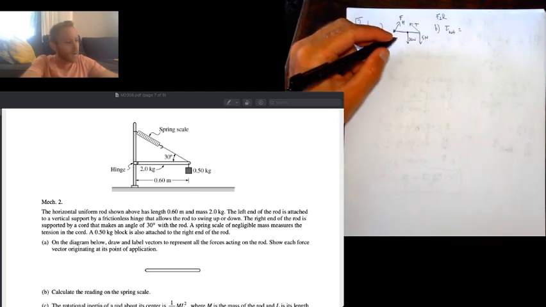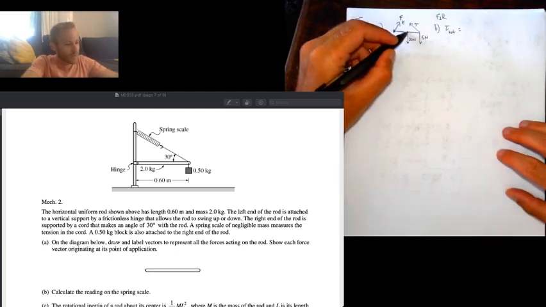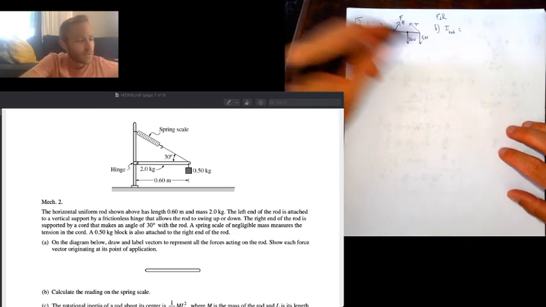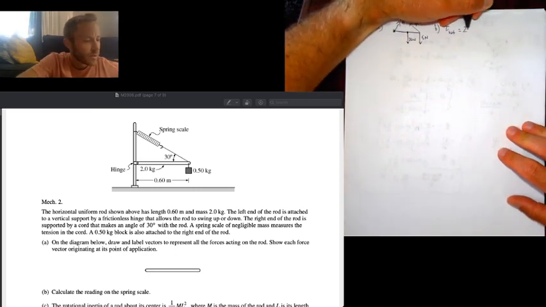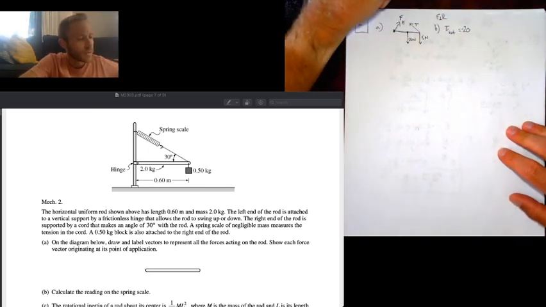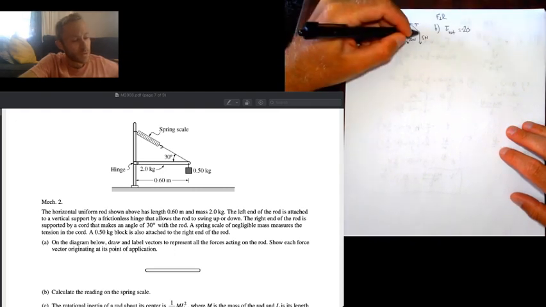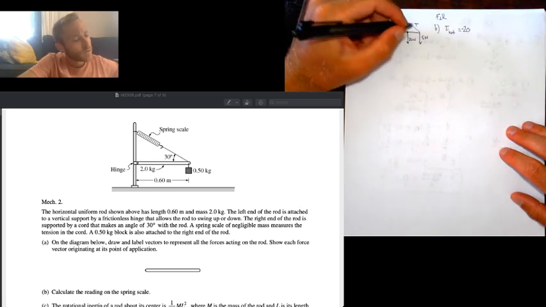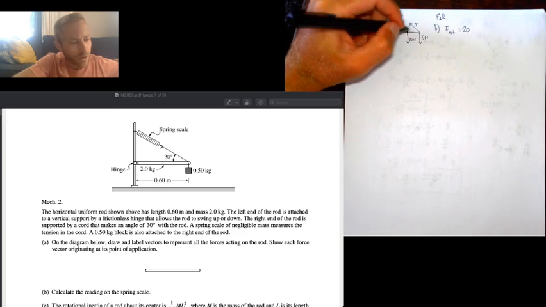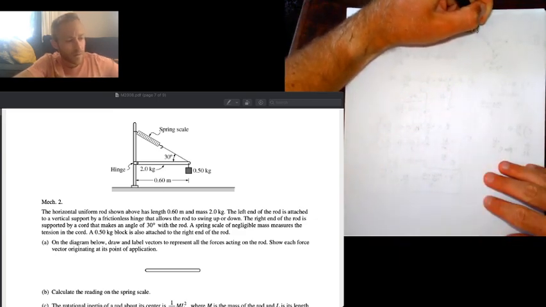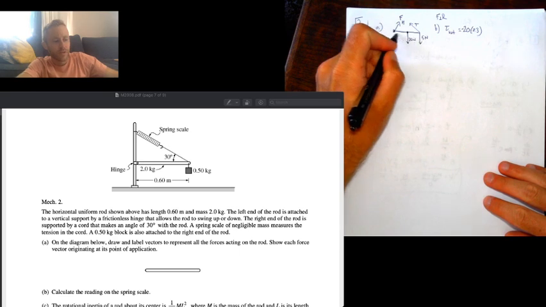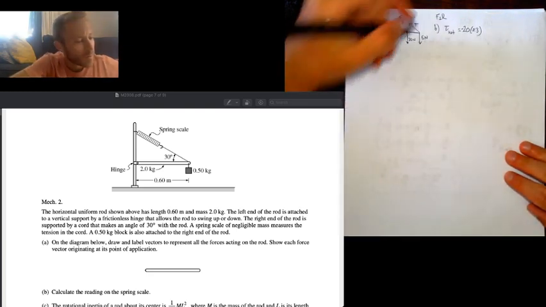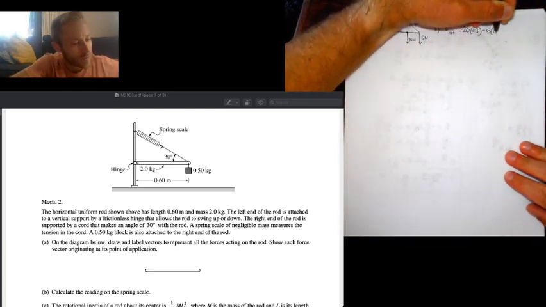So what we've got is 2 clockwise torques, the 20 newtons and the 5 newtons. So that would be 20, and they're clockwise, so I'm going to have them be negative. And they're also perpendicular to the rod, so there's no sine theta business or anything like that. So I have 20 times 0.3, because that would be halfway to the center of mass, because the rod is 0.6 meters long, minus 5 times 0.6.